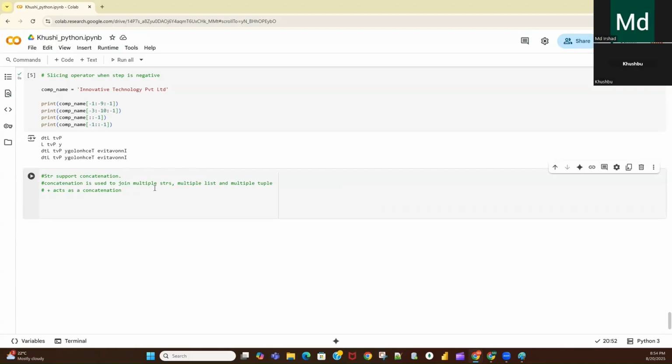For example, let's say I'm writing first name equal to Akash. This is my first name. And then let's say this is my last name, I will write Singh. Now I want the output something like this. I have these two inputs: Akash is stored in this variable and Singh is stored in this variable.